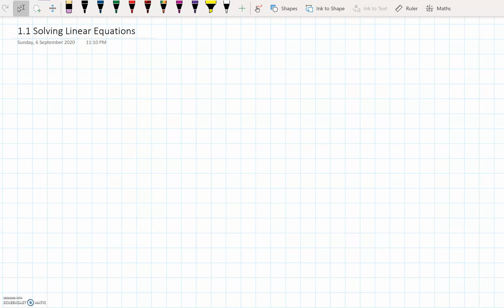Okay guys, here we're going to do some more complex solving of linear equations. And now, in this case, what I really want to focus on is what to do when there's a fraction. Because what people tend to do is they tend to make it more difficult than they need to. Okay, so we'll start with a couple of really easy ones, and I'm going to show you a technique that